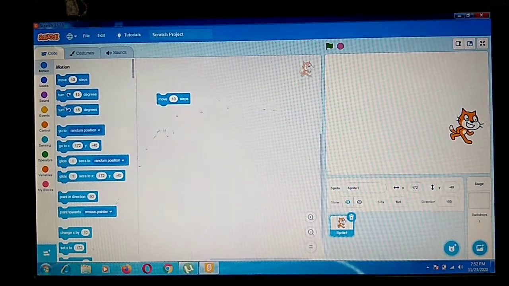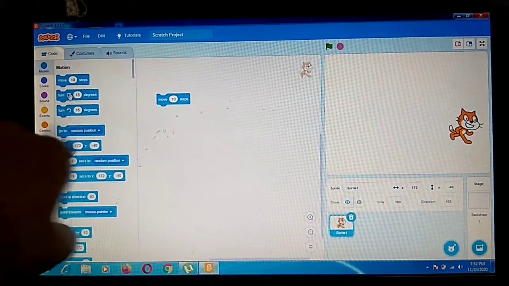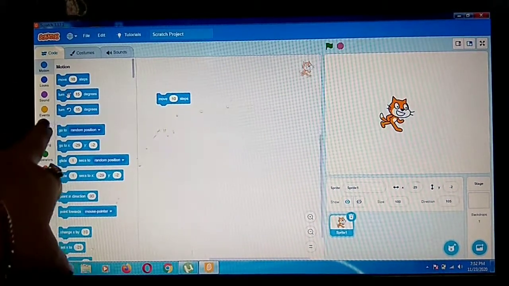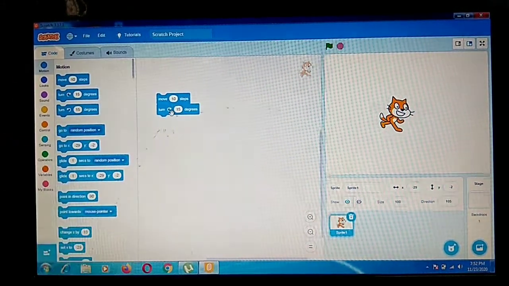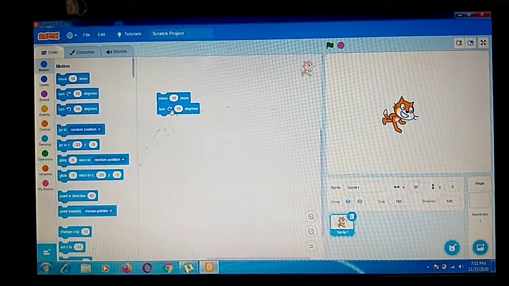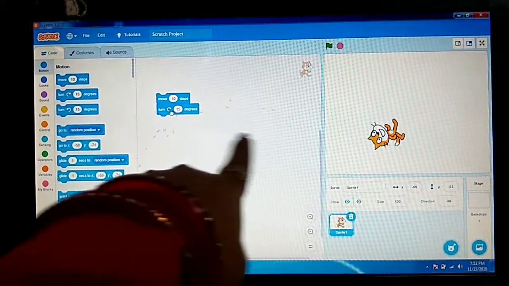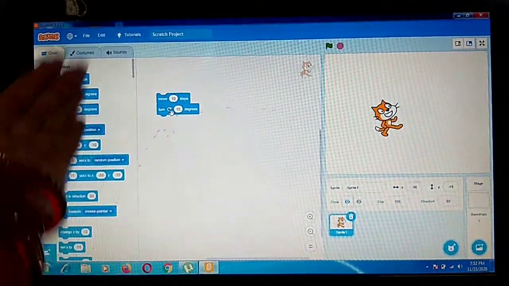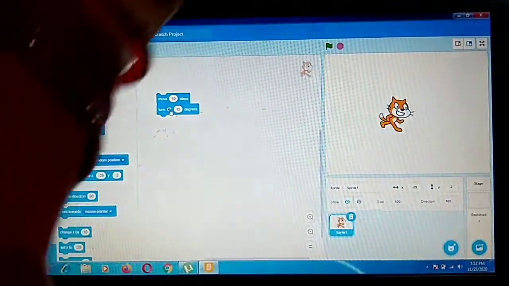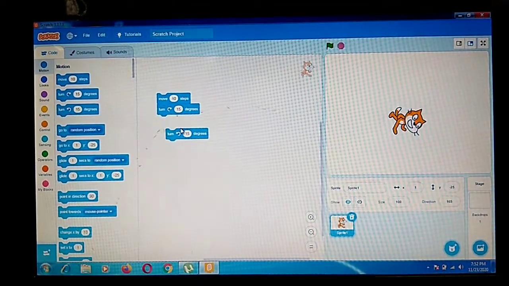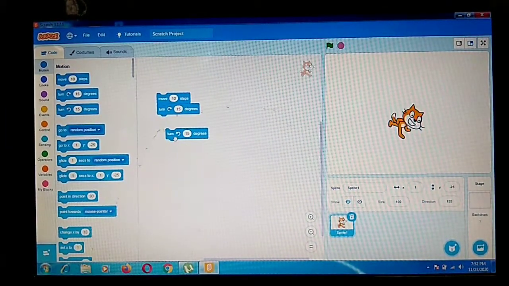Next is your turn 15 degrees block. Now see, when I use this block, turn 15 degrees, and I click, your sprite will turn like this. I have chosen this one, turn this side, so that's why it is turning like this. If I choose this one, it will turn in another direction.